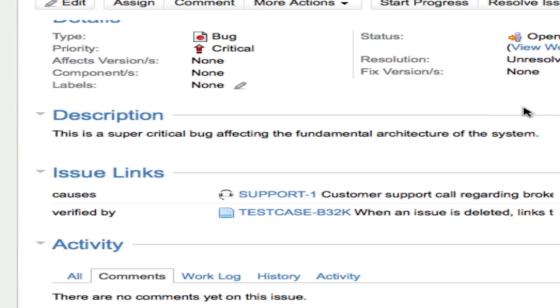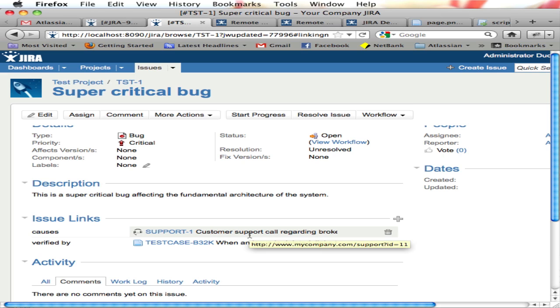You might link a customer support request from an external support system to a Jira issue, because the issue in Jira is the cause of the support request, or you may have test cases against a story in GreenHopper from an external system. Now I'm going to show you how easy it is to create a remote link in Jira